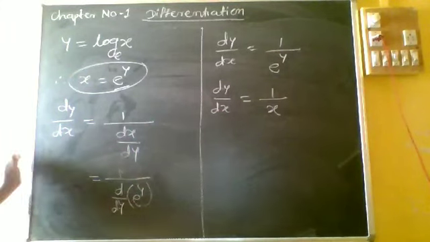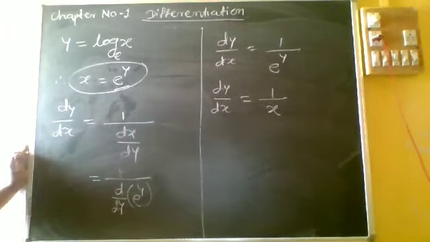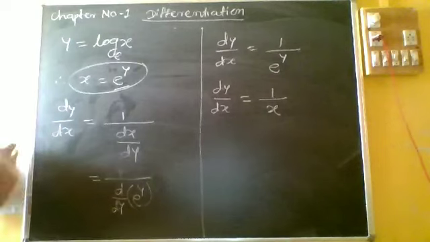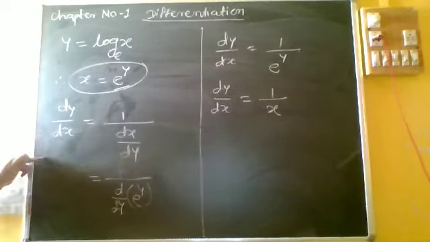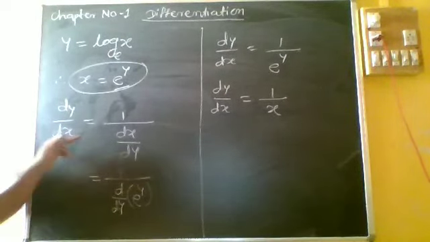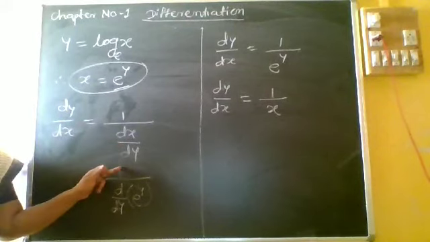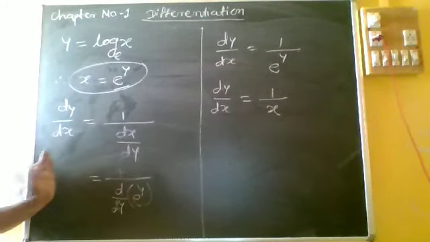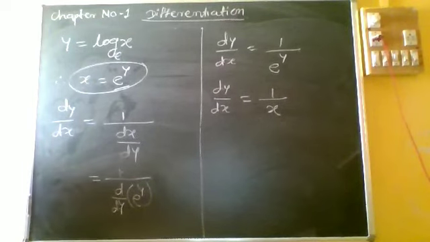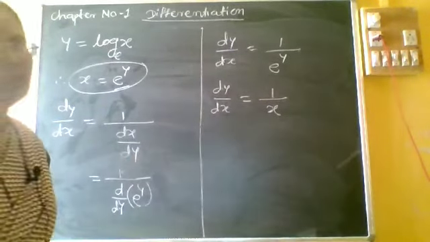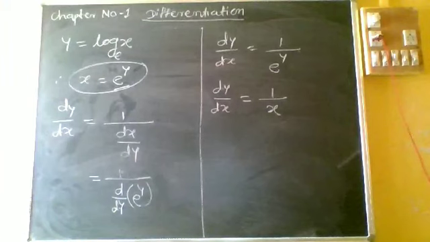Going through the next example. Take first this example. Using this rule, dy by dx is equal to 1 upon dx upon dy, the reciprocal of dy by dx. We are simply using this, and these inverse functions are differentiable only when the function is one-one and onto, which is studied last year in the 11th standard in the chapter on functions.